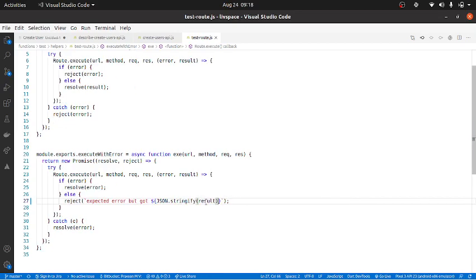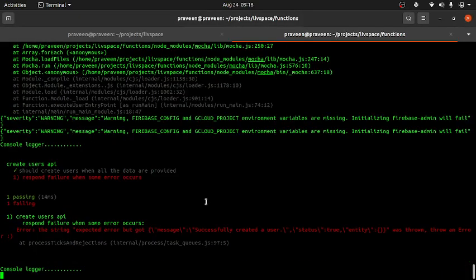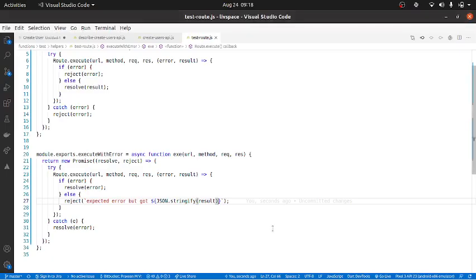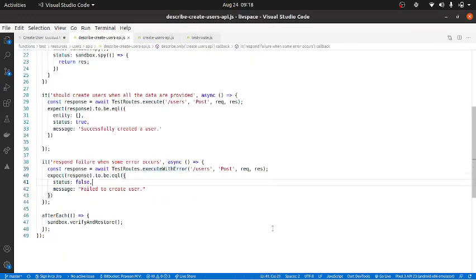Okay. So expected error, but got this one. So I think this will give a better message. Okay. So now how do we basically raise an error, create an error? So let's go to create user.